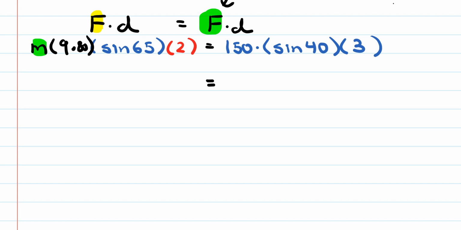Now, just going to a calculator here, if I calculate everything on the right-hand side, 150 times sine 40 times 3, you should get roughly 289.254. And if I go ahead and calculate 9.80 times sine 65 times 2, I'll quickly do that on a calculator right now. 9.80 times sine of 65 times 2, that's going to give me